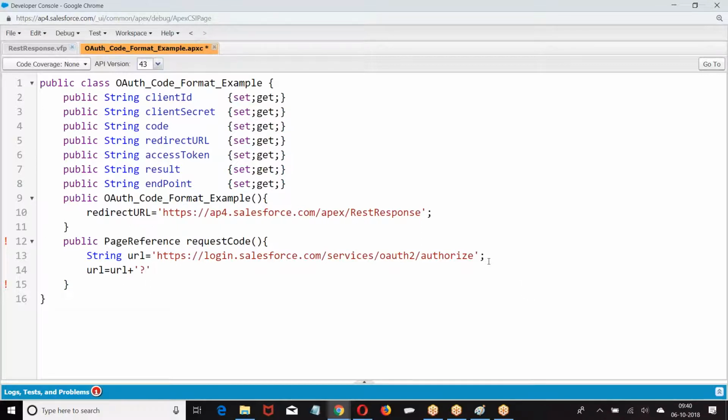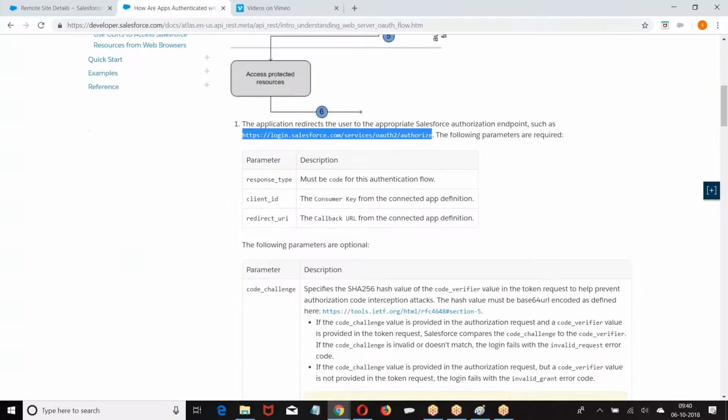What is the first format we received here? Response type code.